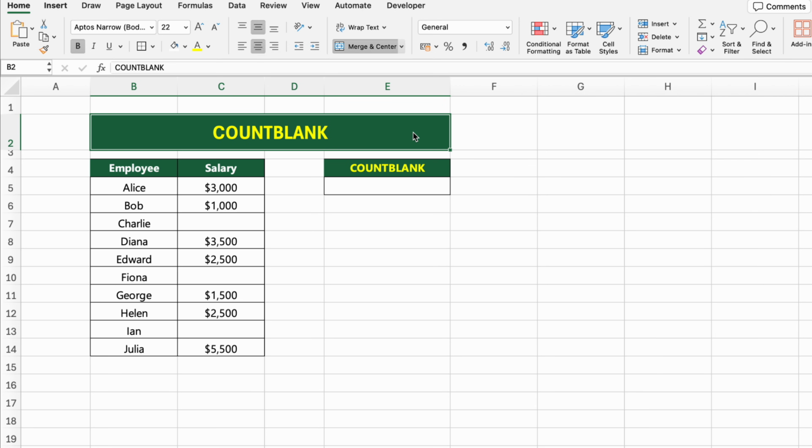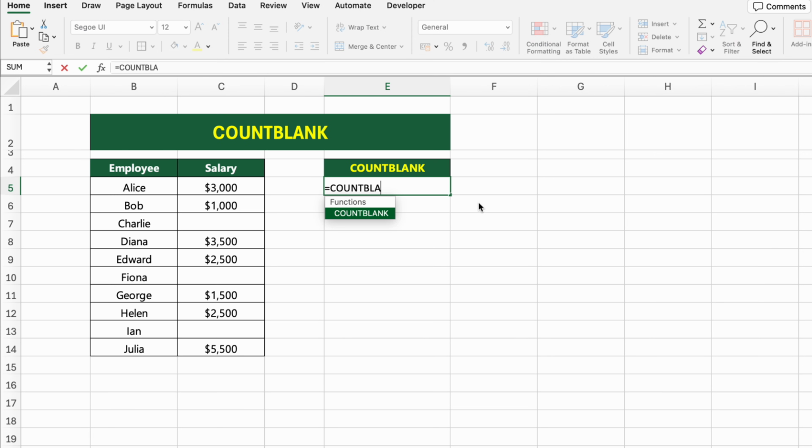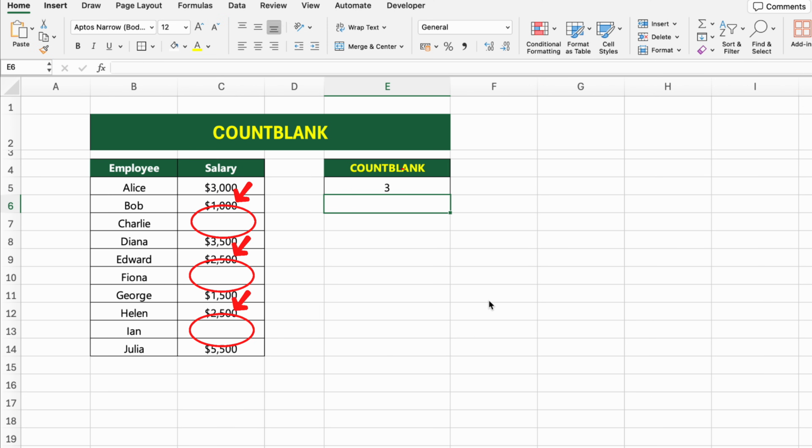In this example, we have a list of employees along with their salaries in column C. Sometimes in real datasets, some salary cells might be left empty, and we may want to count how many blank entries we have. To do that, we use the COUNTBLANK function. In cell E5, we've written =COUNTBLANK(C5:C14). This formula checks the range from C5 to C14 and returns the number of blank cells in